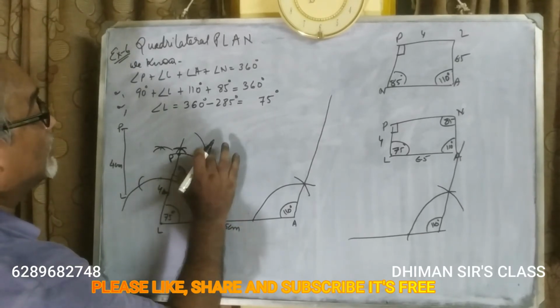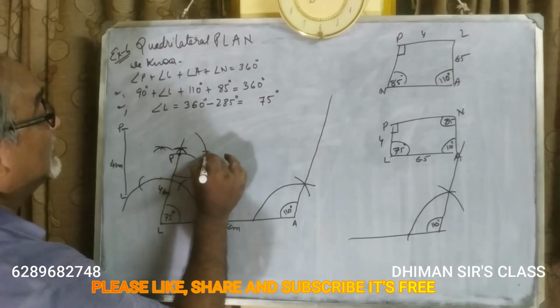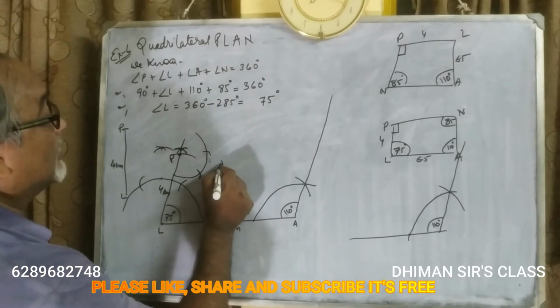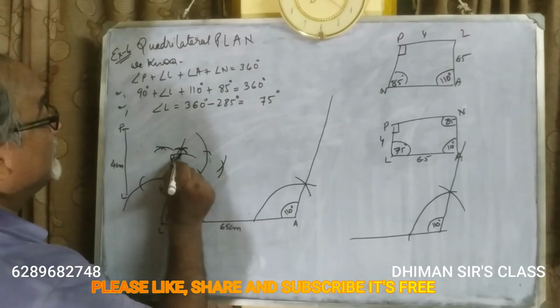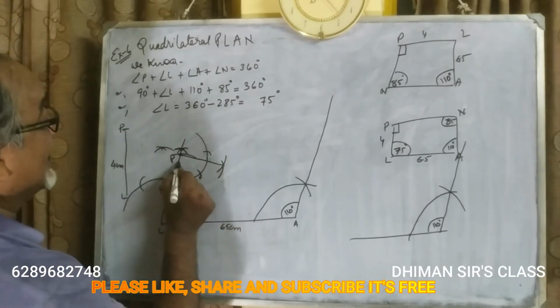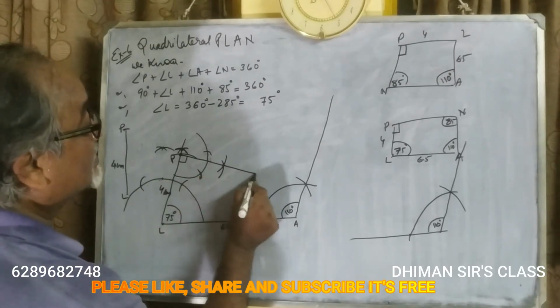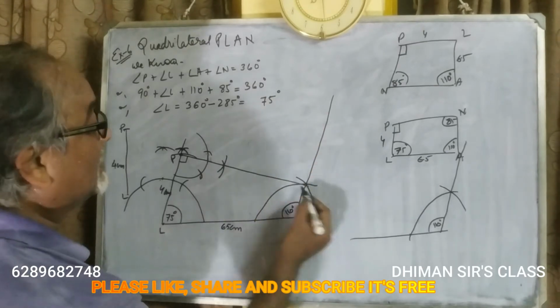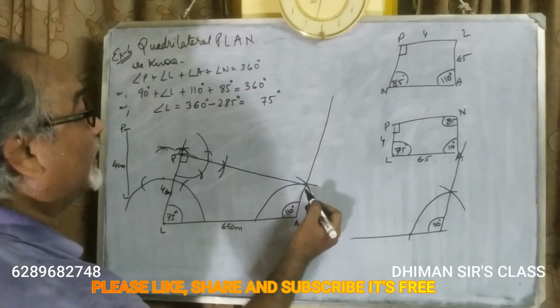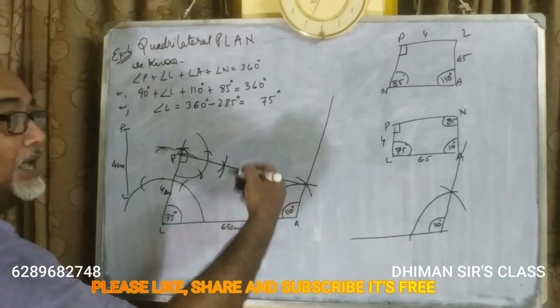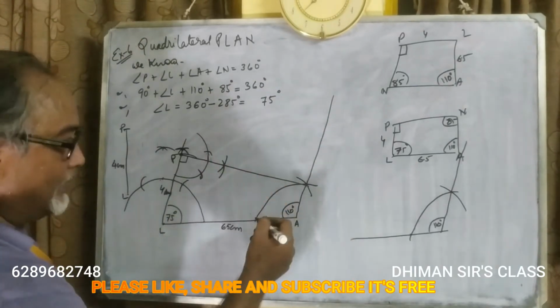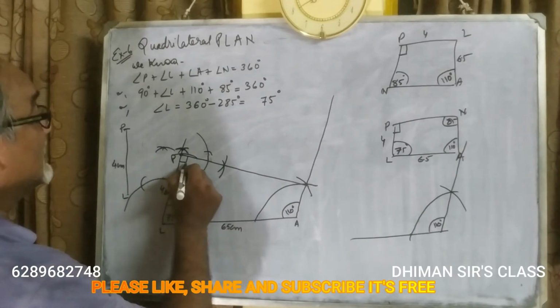As I am unable to tilt my board, it's becoming like this a little bit, so please try to understand. Now, this is 90 degree. Now join this. Somewhere here it will come. Not necessary that this line will join at this point only. As I told you, I am doing imaginary measurements. You are doing with your instruments. So apply your instruments. This is 90 degree.